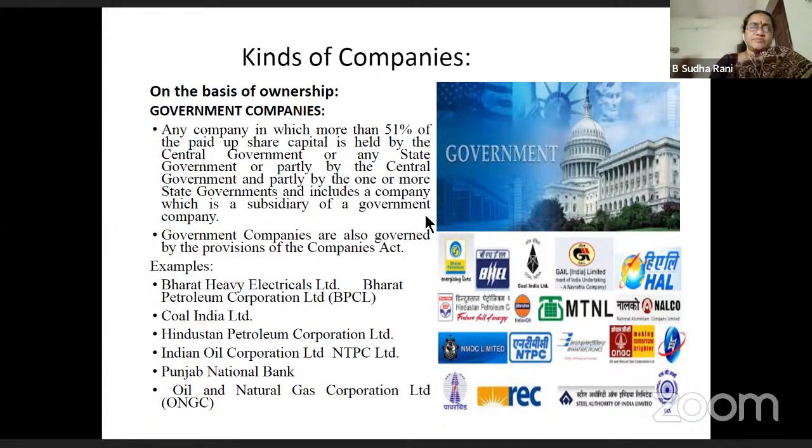Then all such companies, we call them government companies or public limited companies. In India, to name government companies, we have HAL, ECIL, BHEL, ONGC, and DRDL. These all are government companies, because in all these companies, the government has more than 51% of shareholding. So they work under the control and guidelines of the government. Okay. But they are also supposed to follow the Companies Act provisions.